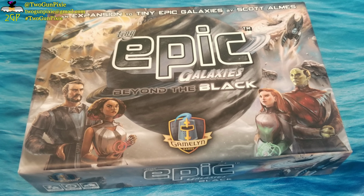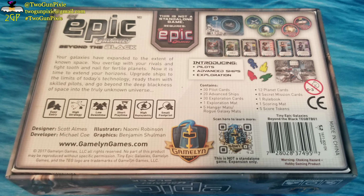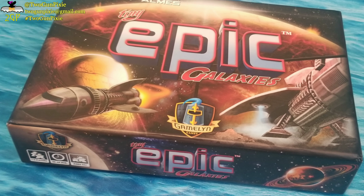what this game does is it adds 3 interesting points to the game. And Beyond the Black, it's going to add specific pilots, specific characters with names, and each with their own ability that they can do. And some of them can only fly certain of the new advanced starships, which is another new point of this game. Instead of just the generic ships that you're sending out, you can get the chance to get certain pilots who are skilled in flying one of the 4